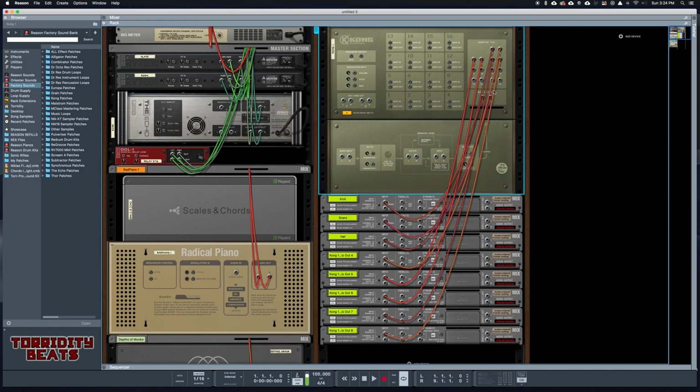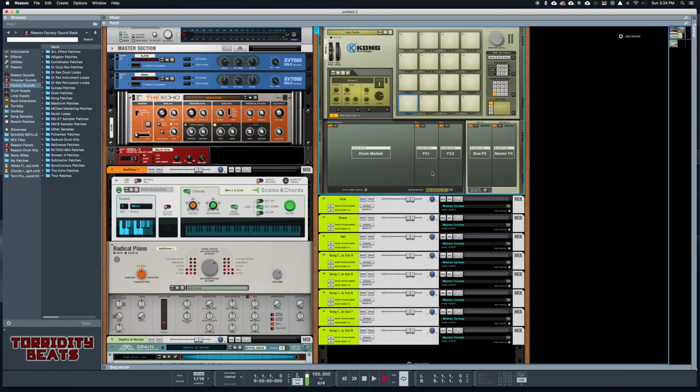Let me see if I can't get those to go away. But under all of these wires, you have your left and right, that's output 1 and 2. And then you've got 3 and 4, 5 and 6, 7 and 8, 9 and 10, 11 and 12. That's significant because once you plug each one of those in, you're going to have to come to this drop down and choose 3 to 4, 5 to 6, 7 to 8. And when you do that,